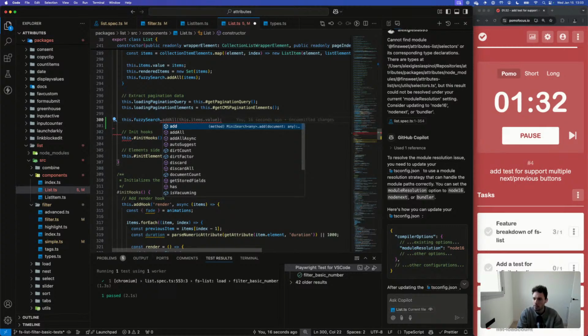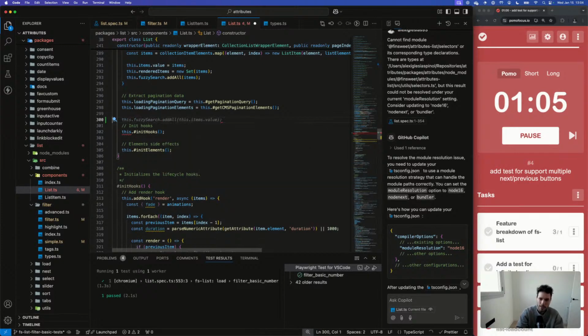Add all, async, suggest, term count, document count. I don't think that we can define the stored fields.